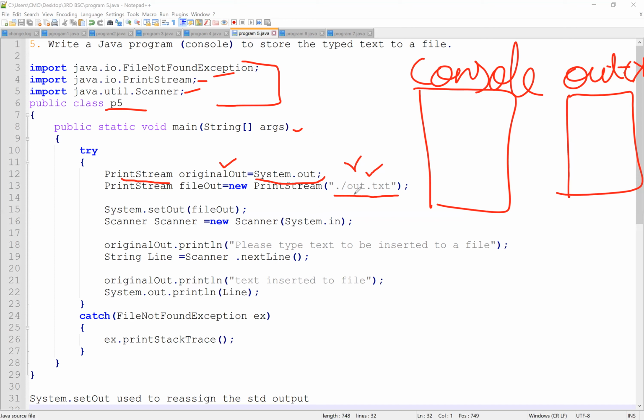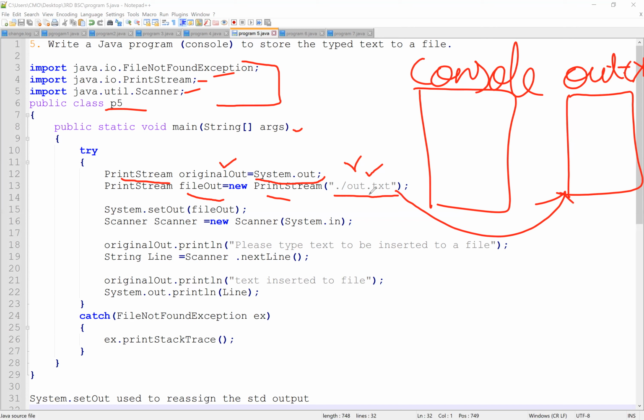System.out, System.in means it's completely based on console operations. Next we need to have a file path. PrintStream fileOut is the name given to it, that is new PrintStream. Here you need to give your path.